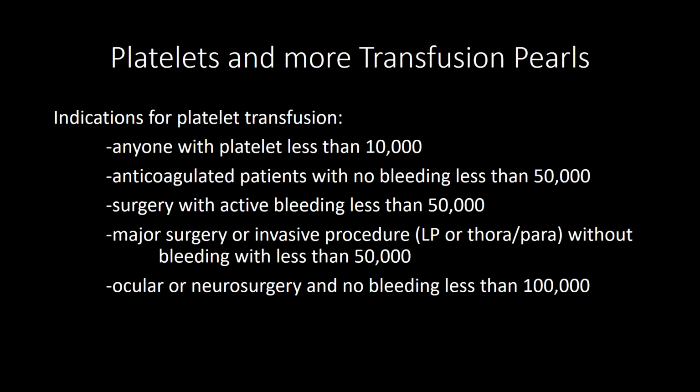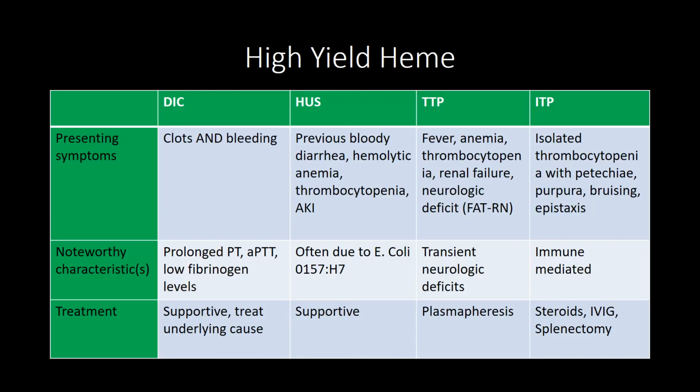So trauma patient, you're not sure whether or not to transfuse, best test is thromboelastography. This is probably the most high yield table out of the entire video. So we'll start with disseminated intravascular coagulation, also known as